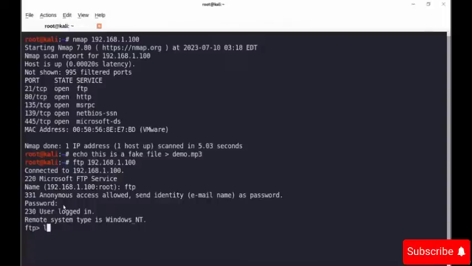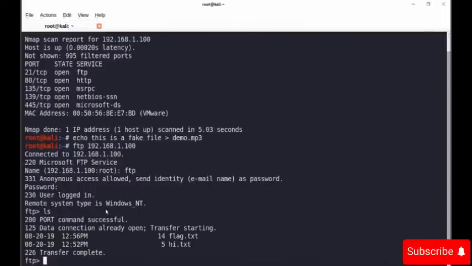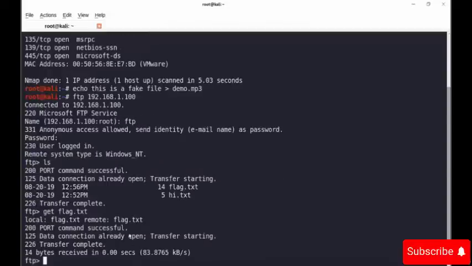So here in FTP we will use ls. So you can see the names of all the files available. Now let's type get, let's say flag.txt file. Okay, the file has been downloaded. Now we can also send our file which we have created. Okay, so put the name of the file, so demo.mp3,